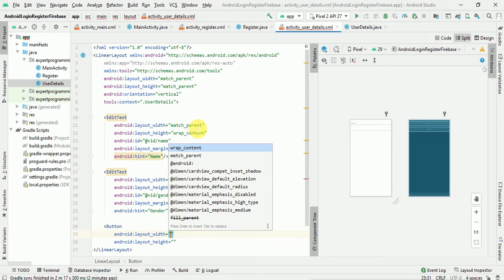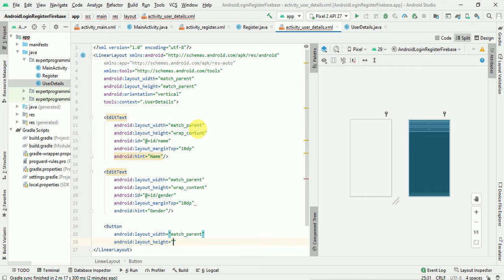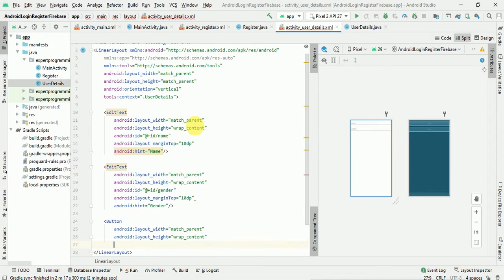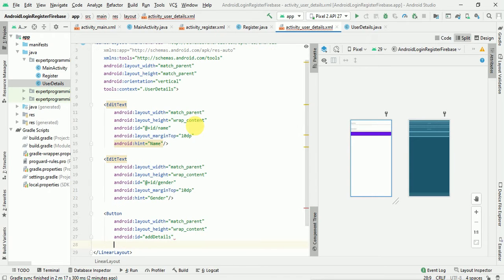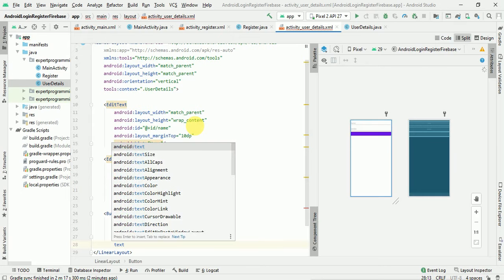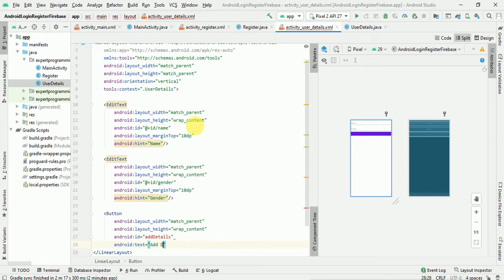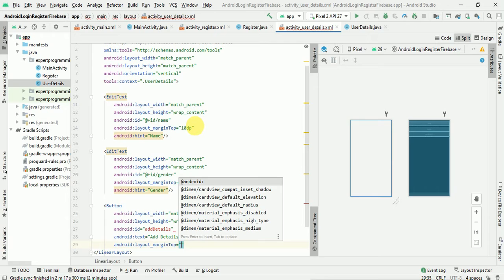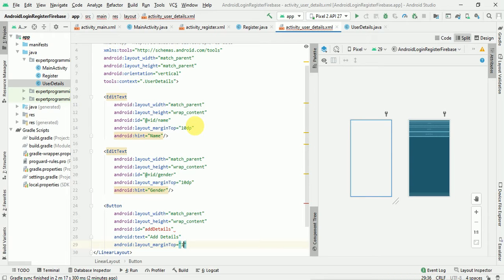This will also be match parent, then wrap content, and then the ID add details, and the text will be add details, with a top margin of 10 dp.